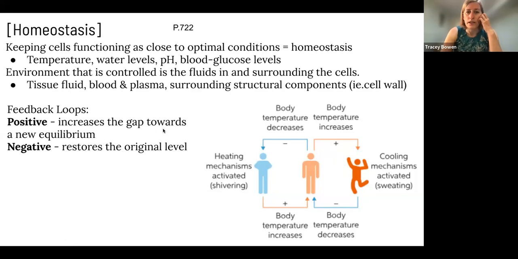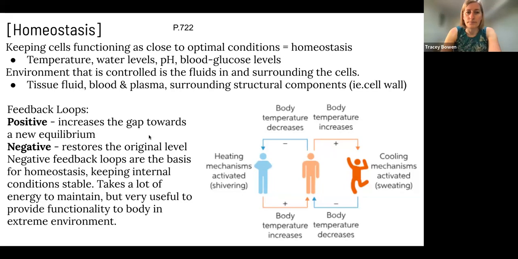But typically when we're thinking about homeostasis, we're thinking about negative feedback loops. So they're going to restore the situation to its original level. So they're trying to keep the internal conditions stable. This takes a lot of energy, but it's very useful to provide functionality to the body, especially in extreme environmental conditions, and additionally, so that cells can function in one efficient way if our bodies can maintain a constant internal